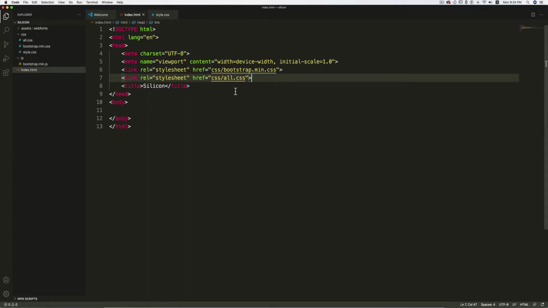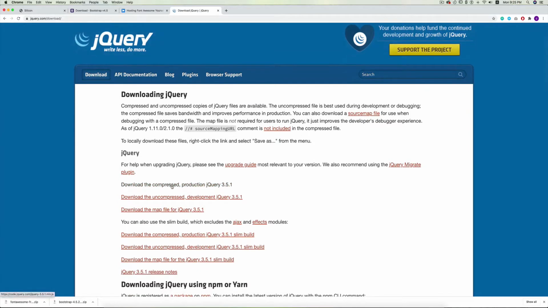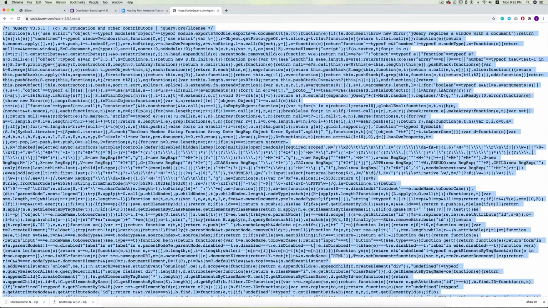Now after linking the CSS file, we need to link the JS file. So for Bootstrap we need jQuery. So open up your browser and search for jQuery, or you can go directly to jQuery.com. Here click on this button, download jQuery, and I'm going to get the compressed production code. So click here. Now you can copy this code, press Command A or Control A to select all, copy